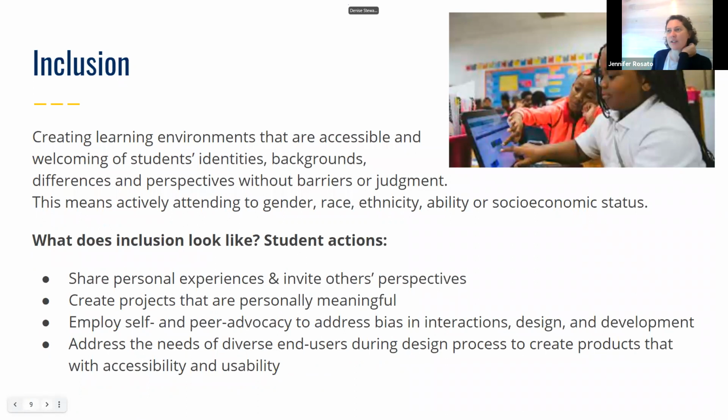And then that last piece around inclusion, the idea that we're creating learning environments that are accessible and welcoming for students, whatever identities, backgrounds, differences they are bringing to the classroom. So paying attention to those pieces. I pulled some